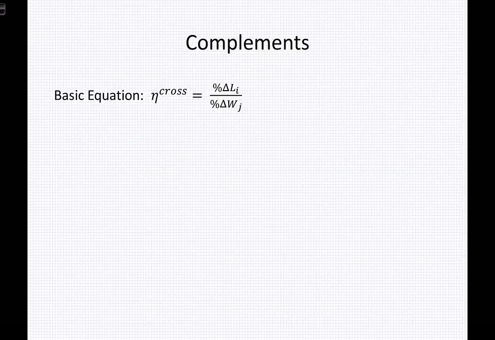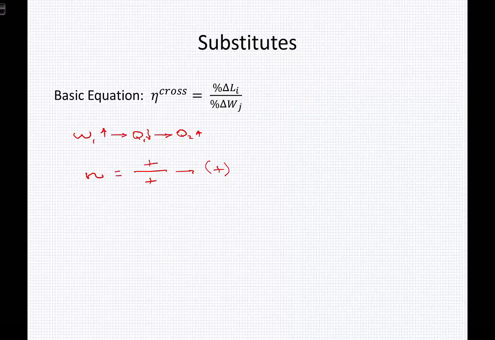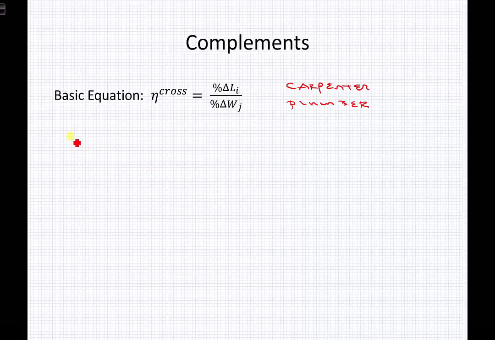A complement is just the opposite. Let's assume for a moment that we're on a construction site and that we're looking at carpenters. And let's also think that we're looking at plumbers. So we have carpenters and plumbers. And let's assume for a moment that they're unionized, such that they're not allowed to do each other's job. We might be able to argue that without that kind of a rule, a carpenter and a plumber might know each other's jobs well enough to be able to substitute for each other. But in this case, we're going to think about the carpenter, and let's say that there is a wage increase for carpenters,